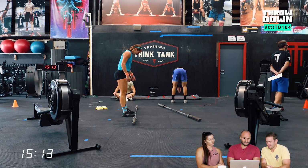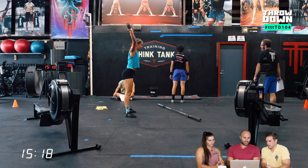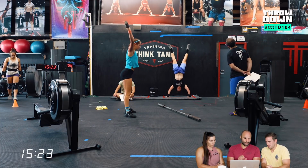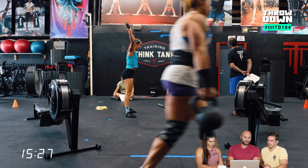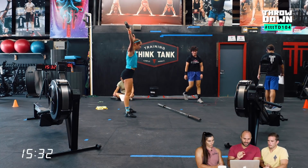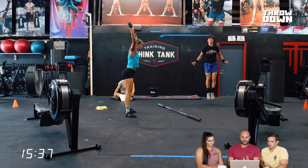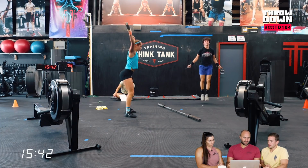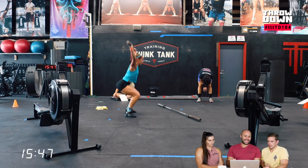Something that you can do to time this is set it to a metronome. An elite CrossFit jump roper will probably do about 120 double unders unbroken in a minute. So if you start jumping on a 120 jumps per minute cadence, that can give you an idea, without having to worry about the rope, of what your jump height needs to be to be rhythmic. Then you work on putting the rope under that twice. So it requires good jumping ability and then great hand timing to match up your double under with your jump. Because for me, I can bound at 120 beats per minute, but I can't necessarily time that